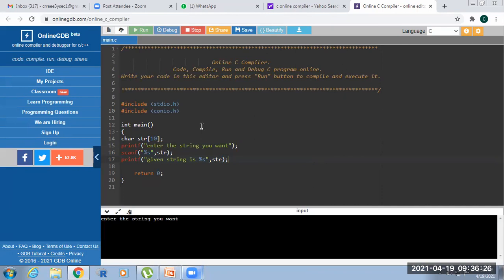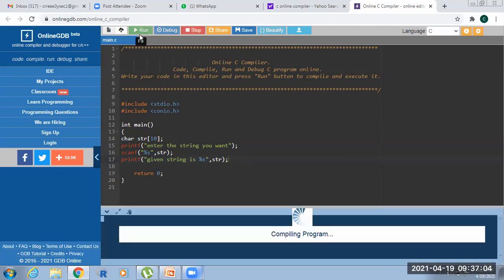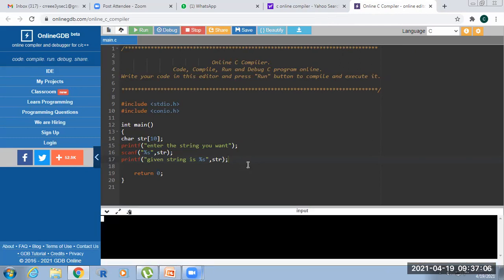Just check here: CRRENGG space triple E. So see here what is the output. I already told you, when we give a space, the computer will take the string as ended after the G letter. So if you give any space, it will not display the next characters. If you want to write continuously, we don't use any space in the string.